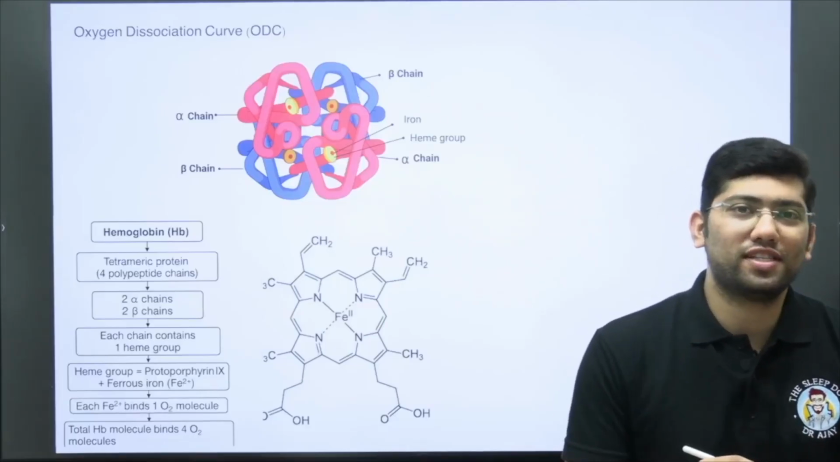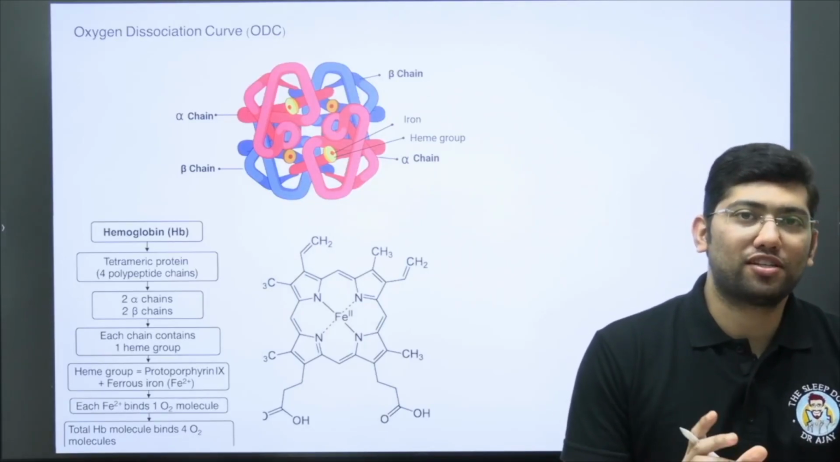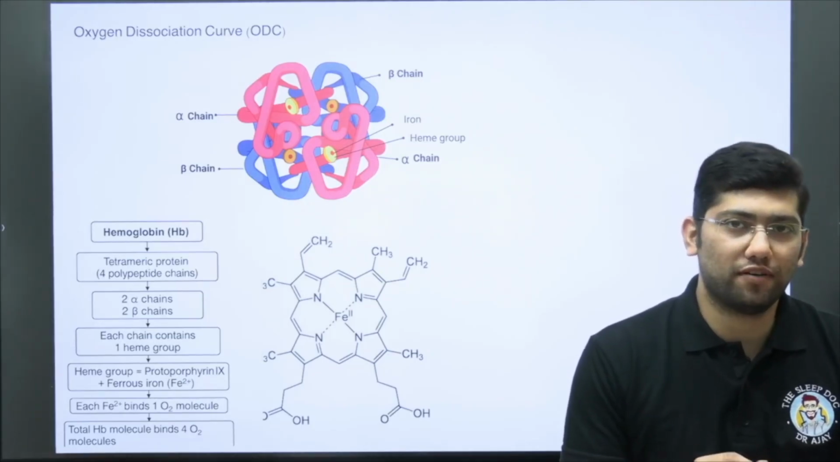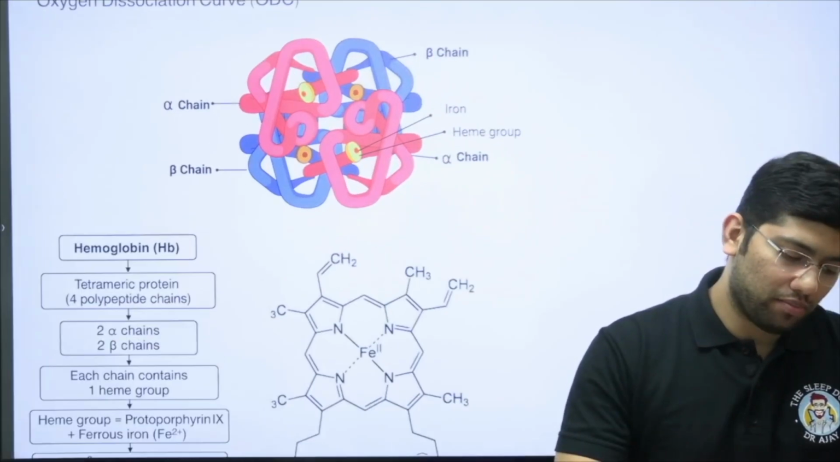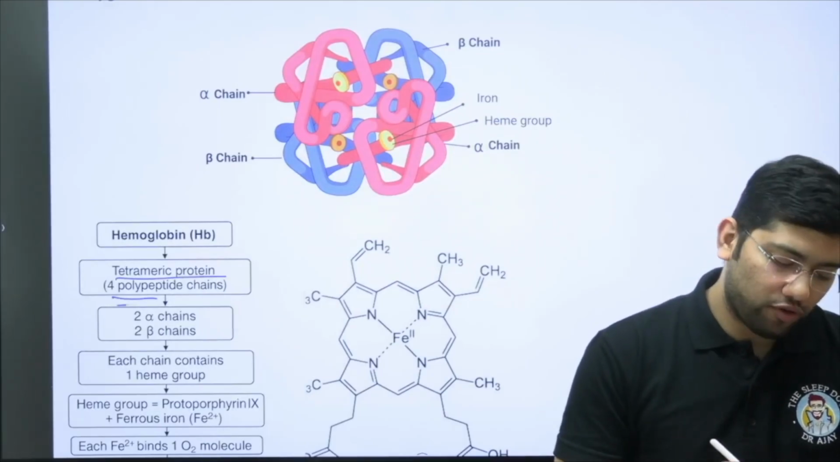Let's see about the oxygen dissociation curve. Before coming to the topic, let's see about the structure of hemoglobin briefly, then we'll move on to the oxygen dissociation curve. The structure of hemoglobin, as we know, is a tetrameric protein which has 4 polypeptide